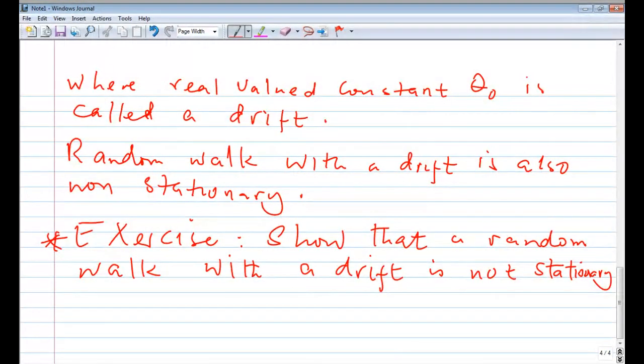Okay. Now let's go to what we call moving average processes. It's on page 26. In this case, we're going to start with the first order moving average. Then we go to the second order moving average. Then from there we generalize. We go to the Q order moving average, or moving average of order Q. Then from there, when we're done, we go to the autoregressive processes.